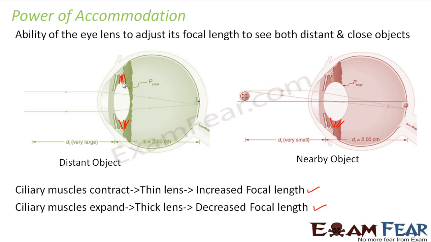When ciliary muscles contract, the focal length increases. So the focal length can increase up to the retina, so it can even view objects placed at infinity. But what about nearby objects? For viewing nearby objects, the ciliary muscles have to expand. But there is a limitation up to which they can expand. They cannot expand beyond that. So because of that,